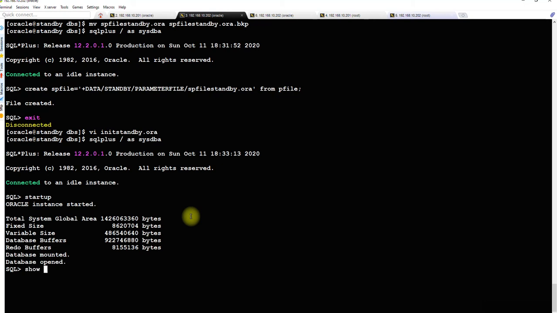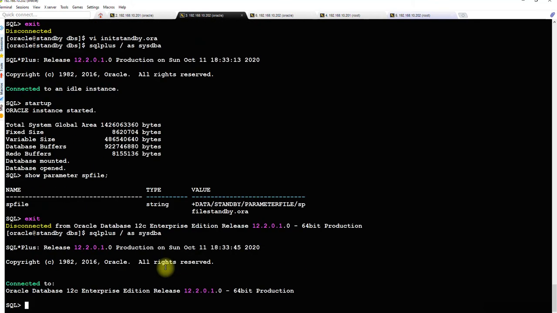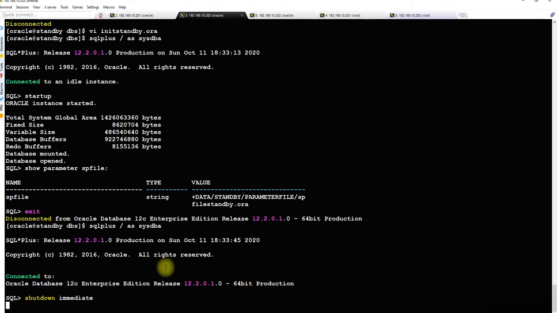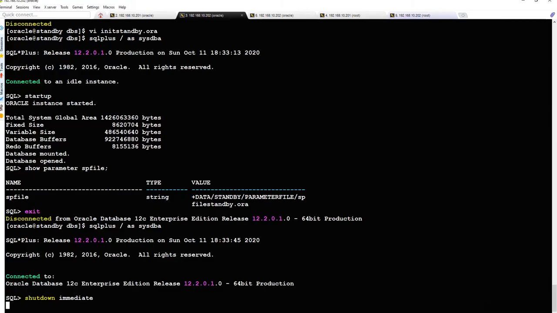Okay, now we will see SP file. Good. Our SP file is migrated now. We will exit out. We will shut down immediate, and we have to mount it, right? Not open it.